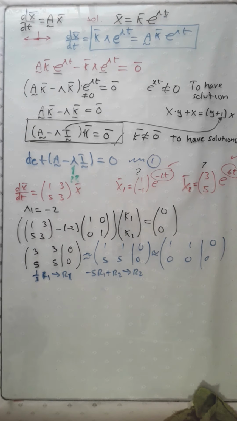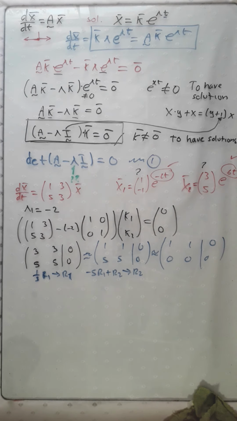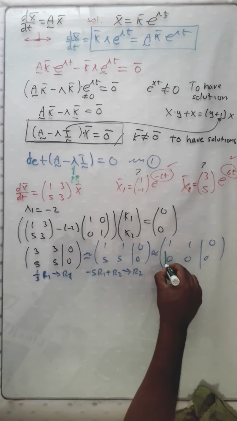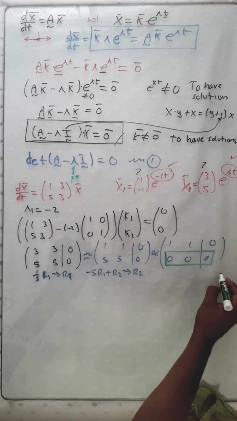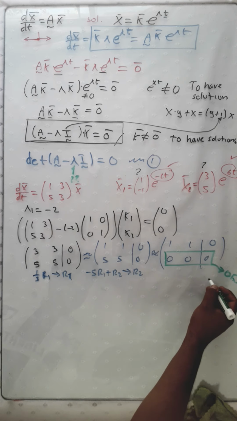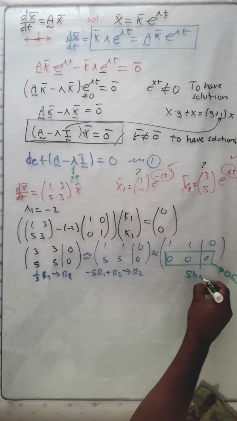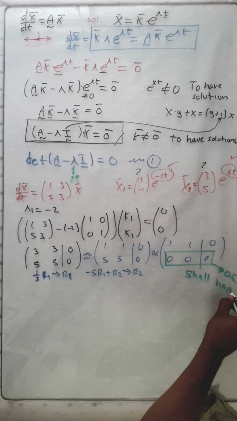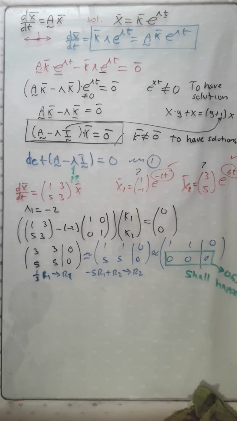So here is a very important step. You got one row equal to 0. If that happens, then you are okay. This should happen, shall happen. If it doesn't happen, then you did something wrong in the procedure. Okay, so what is left from that is